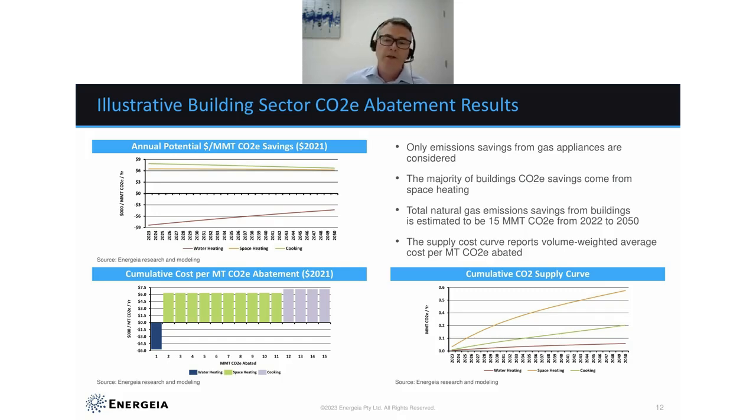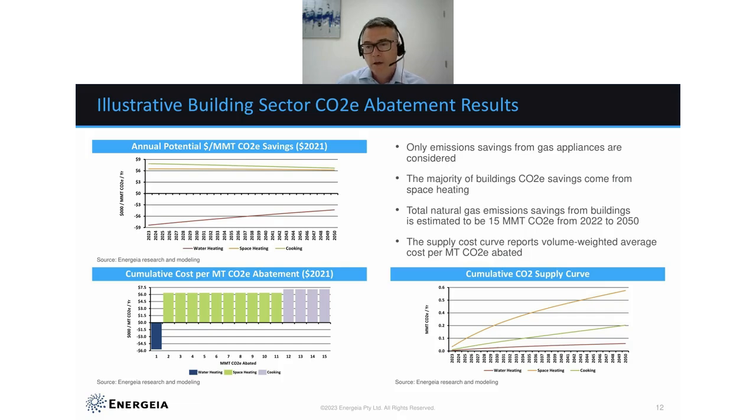Now, this is all a reflection of what future technology price outlook you've got for these technologies, and I would say you shouldn't underestimate the importance of work around what we think the future technology costs are going to be. And there's a lot of research out there, and it's being updated all the time. So it's really important to use the latest and greatest that's out there, because it is moving all the time.